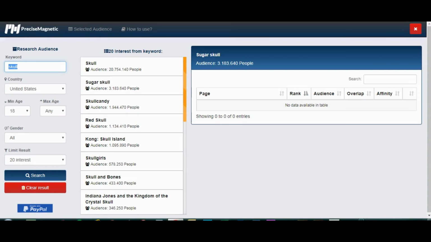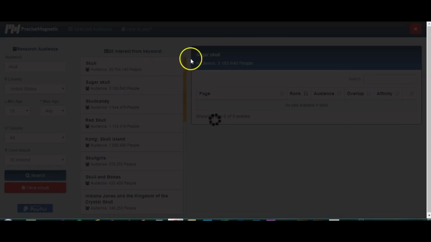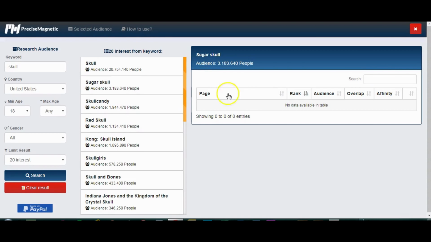So like I say, a quick recap: you enter your keyword, you then enter the country you're choosing to target, the minimum age, the age range right there, the gender, how many interests you want to capture. Press the search button, it will populate here. Select the audience that you want to check out. It will then give you the rank, the audience, the overlap between those audiences,